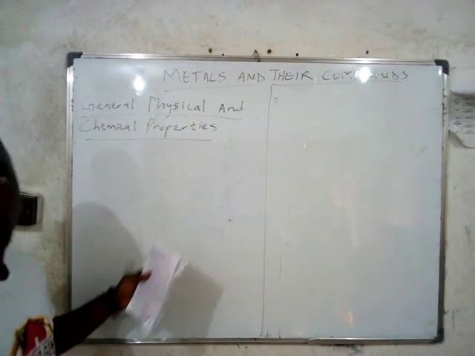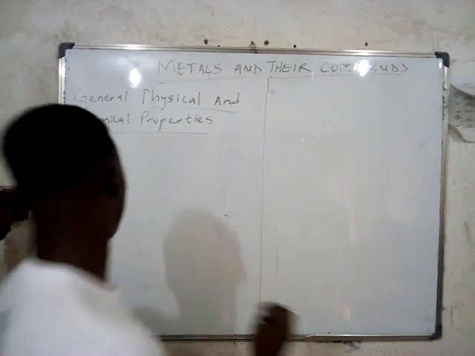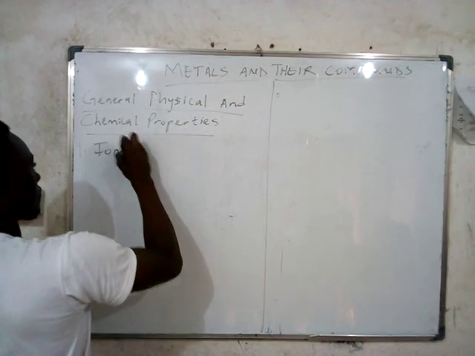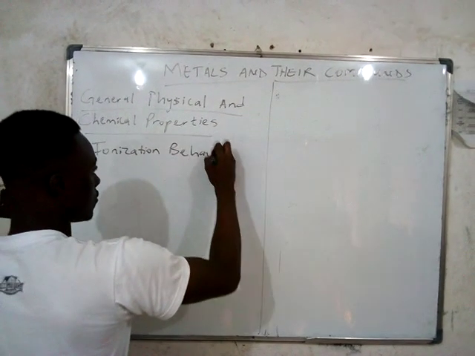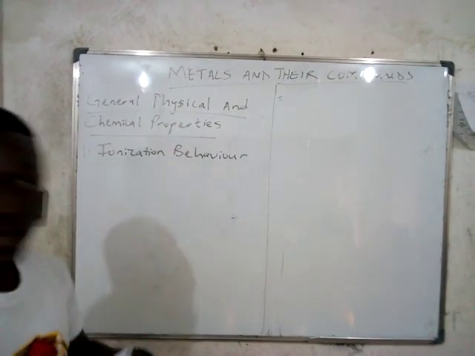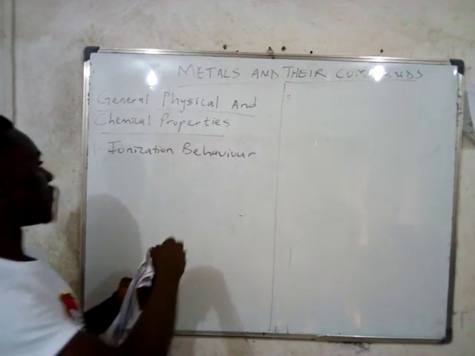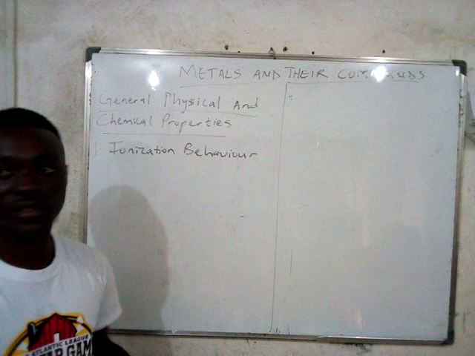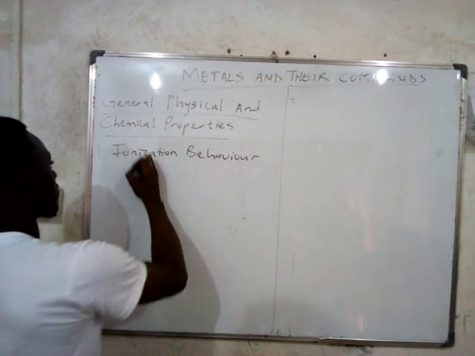We're going to look at the general chemical properties of metals. Now, the first chemical property we're going to look at is their ionization behavior. From the earlier definition of metals, we're able to see that the ionization behavior of the metals is loss of electrons. Now, looking at the chemical reaction, we see that